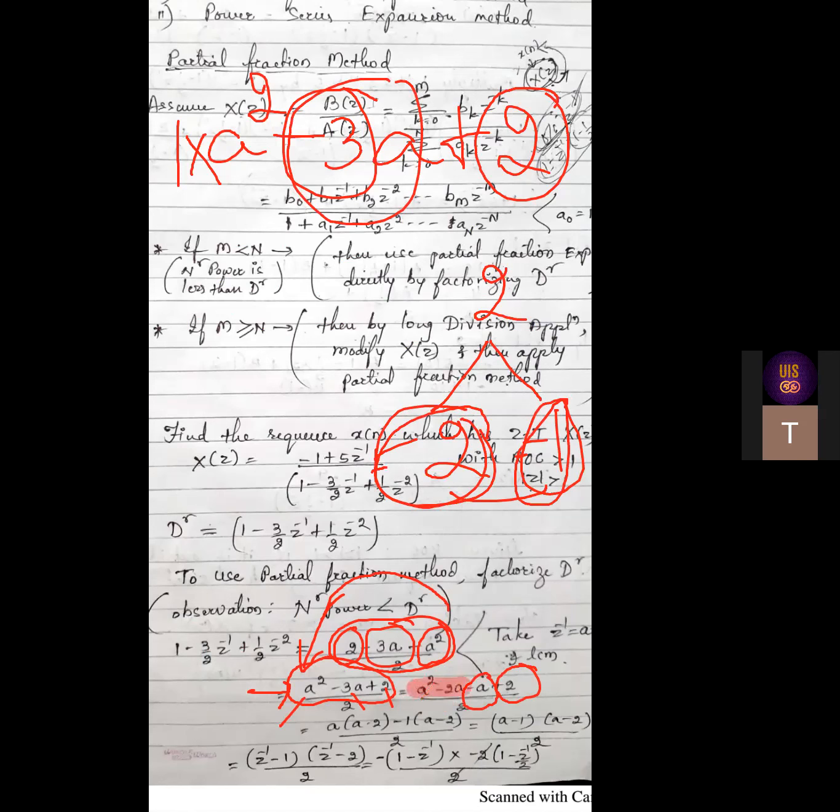In the first two terms, take a common, you will be left with a minus 2. Minus 1 common, a minus 2. I think no need to explain this. You have already done this. Then this is your common term. Put it as a minus 2 as one bracket and remaining a minus 1 as your second bracket. So these are the two factors we got, a minus 2 and a minus 1. Remember, denominator is still there, divided by 2. So till this, I hope you have understood.